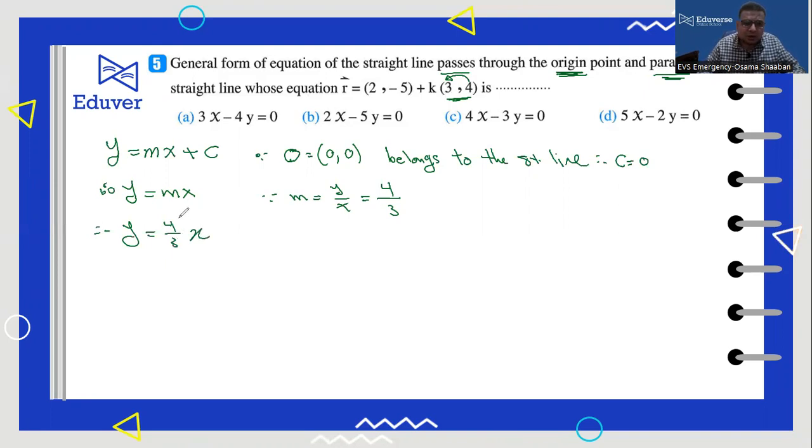This is the equation, but the choices are not the same form. So change the form by cross multiplication, or multiply by 3, you will get 3y equals 4x. Here you have 4x and 3y. So 4x minus 3y, so you can put here minus 1. So 4x minus 3y equals 6. So we choose